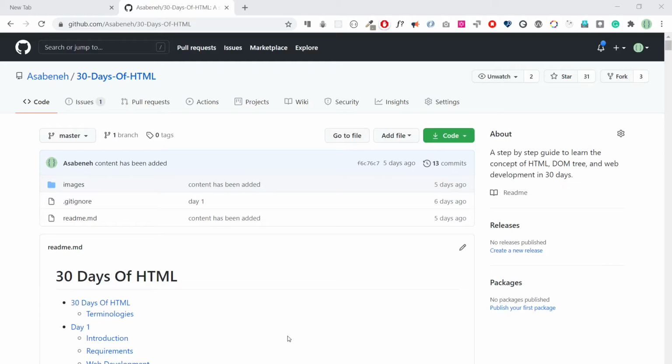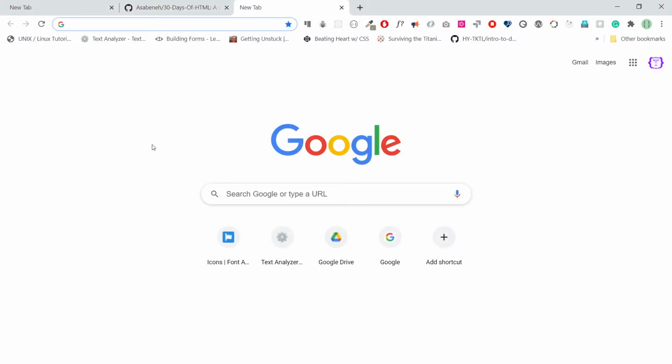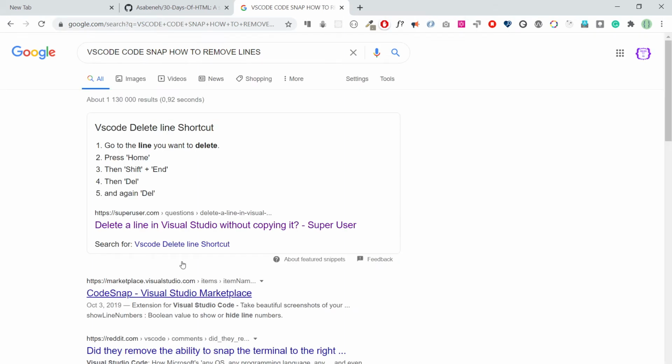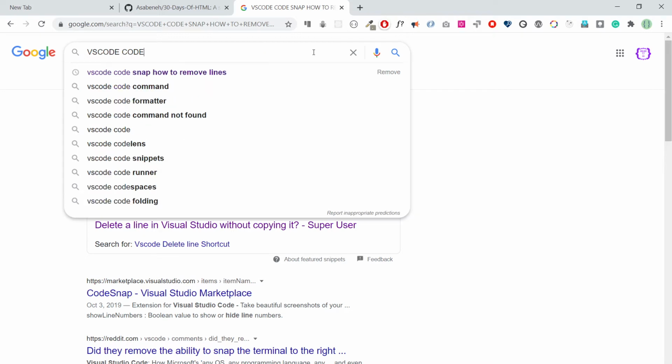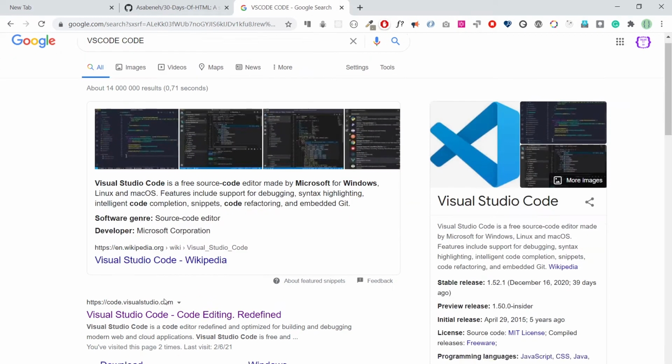Welcome to 30 days of HTML, and in this tutorial I will show you how to use Visual Studio Code, because it's very important to write code, specifically HTML code in this case. So VS Code. Let's just search and we get Visual Studio Code,